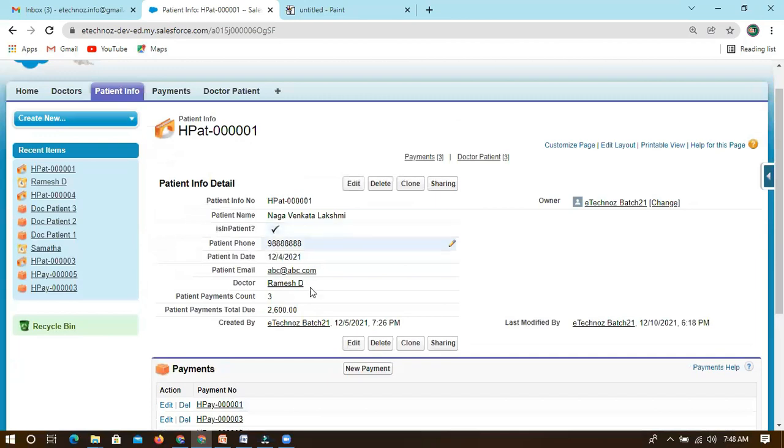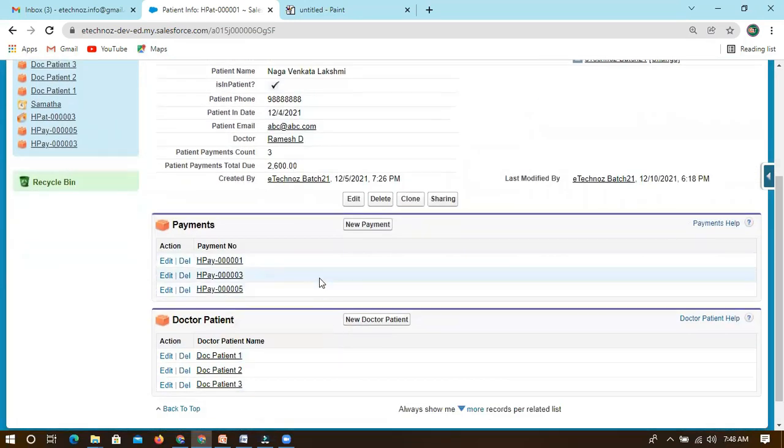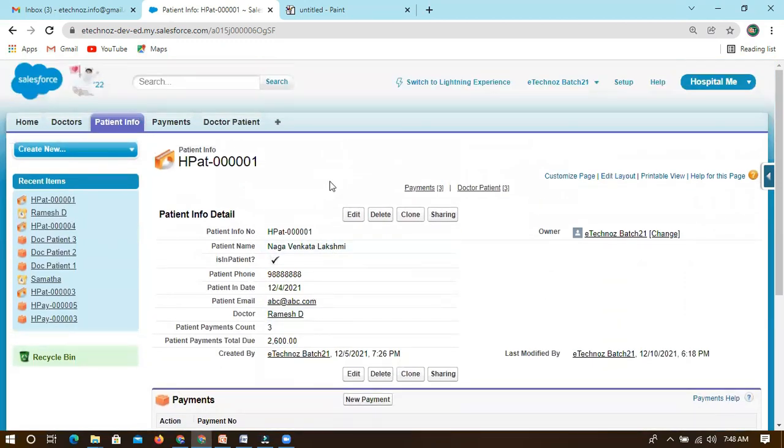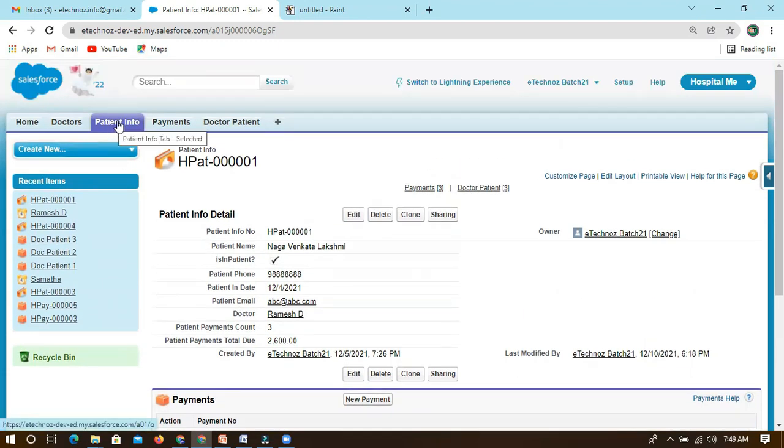But if you put mask details, then we cannot change it. That will act like a formula field. And the second point: every record should contain this data because it is mandatory. Now you are trying to convert lookup to master detail. So definitely, every record of the child within the system needs it.